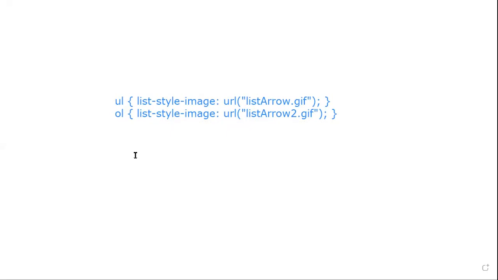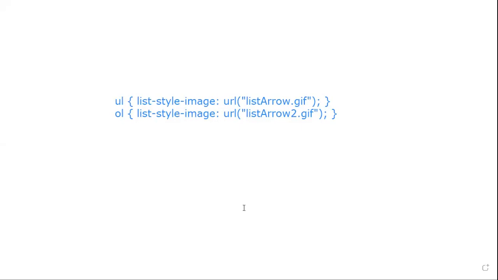So we can use the images in the case of the unordered list and in the case of the ordered list. The images can be written with list-style-image and the URL. All of these things can be done. So this is a simple piece of code, a simple program.